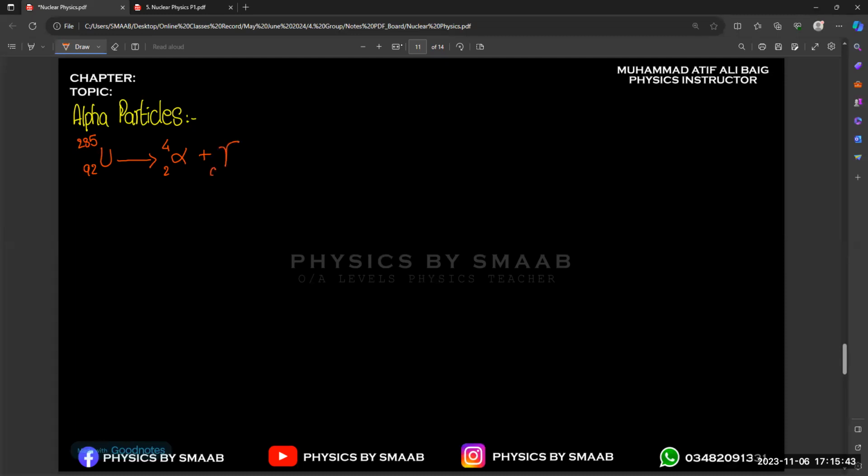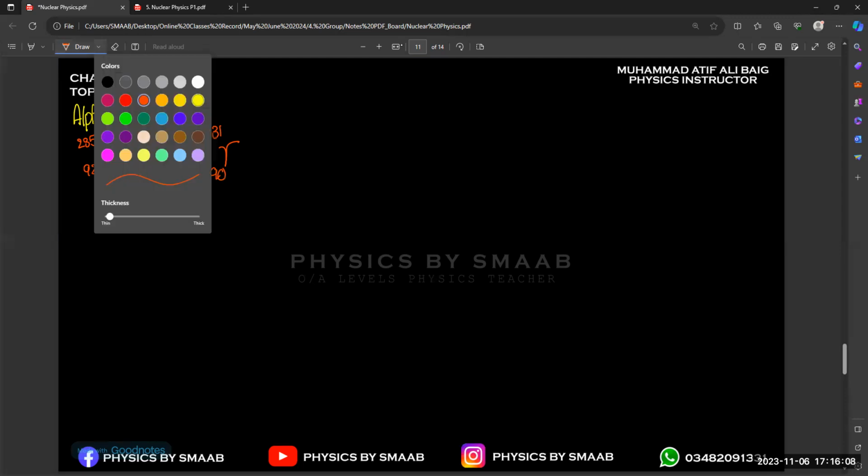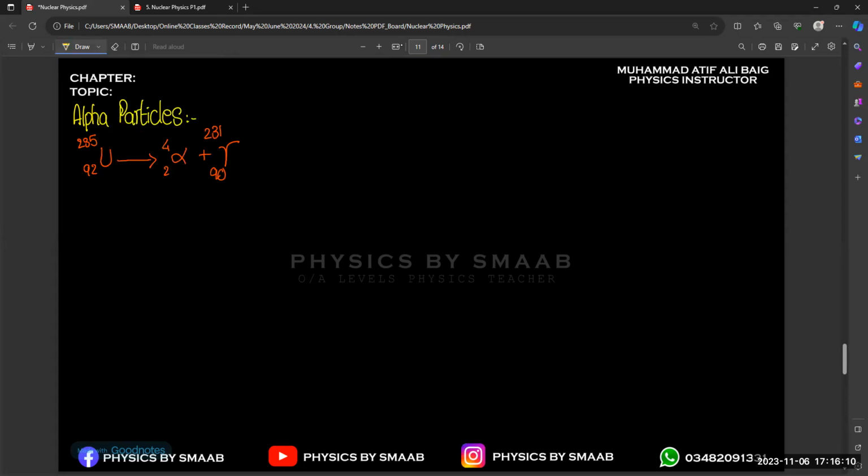So that will be 90, 231. Okay, because the number of protons that is equal to 2 is already taken by the alpha. So 90 will be remaining over there and 231 from the number of nucleons. Okay. And secondly, if we consider the beta particle,